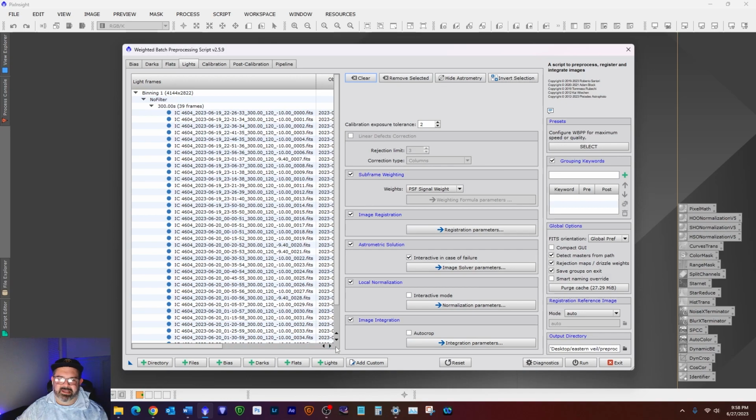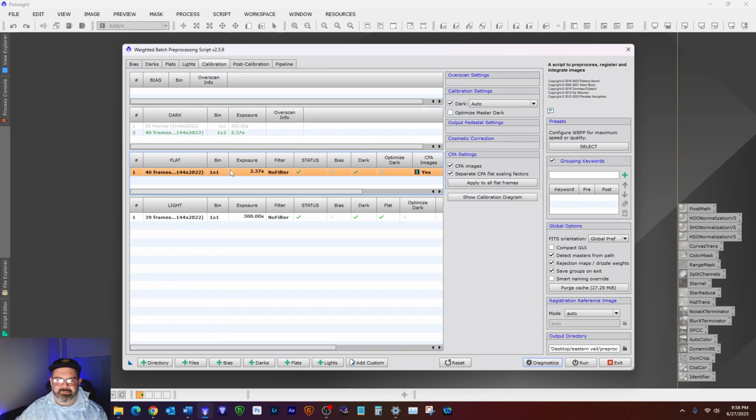So go to lights again just to check to make sure that the interactive mode and auto crop is off, which is good. Go to calibration. I have a one-shot color cooled camera, so I don't have to use a lot of time switching between filters and things like that. I use right now just a simple hydrogen alpha and oxygen 3 filter from ZWO, and it works fantastic. I'd love to upgrade in the future, but right now it's just a relatively affordable